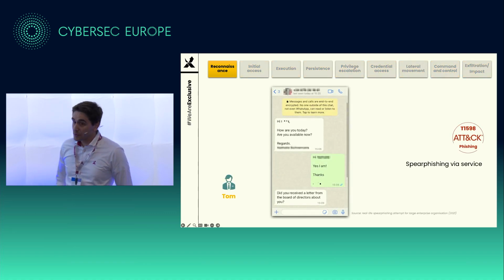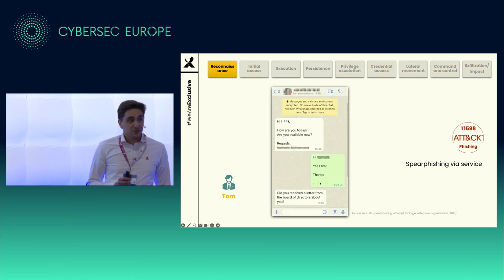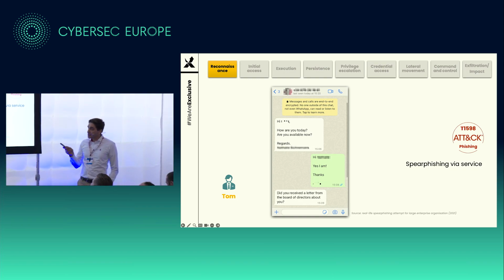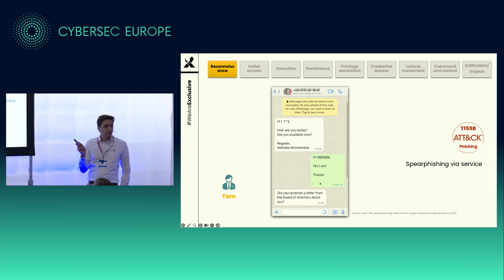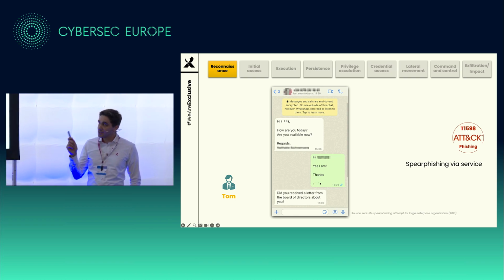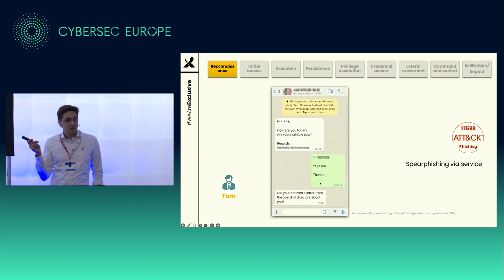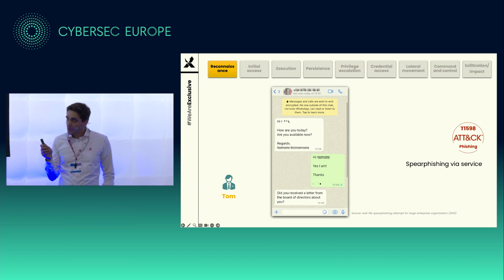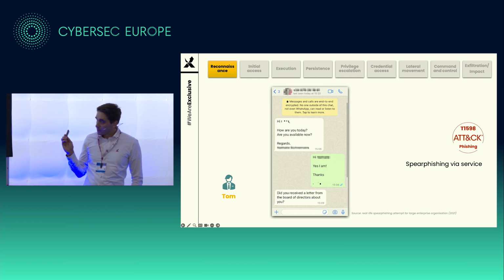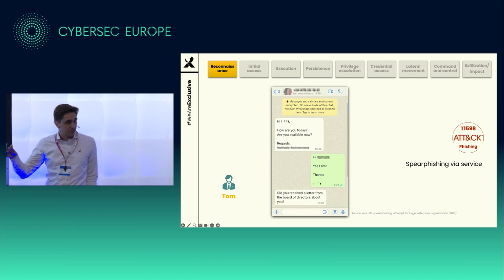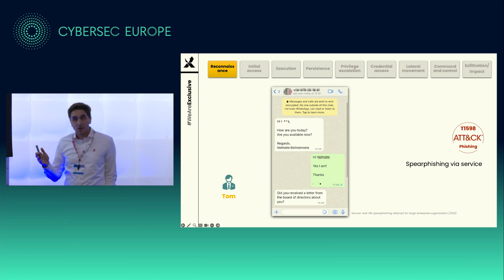First thing that happens, we're in a reconnaissance tactic. What the attackers want is to gain some kind of initial access. What happened here is Tom is the CEO of Exclusive Electric, and he gets a WhatsApp message on a Sunday afternoon while he's sitting at home playing with his kids, from someone who claims to be C-level in the company or from the board of directors, saying, hey, there's this document, have you seen this already? You need to approve this, right? But this is an urgent thing. So, of course, he goes for it and says, I haven't seen the document, but send me the link. He drops the link in WhatsApp, by the way, and he opens it up.